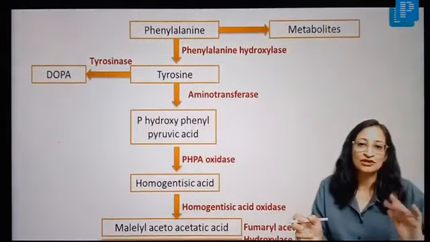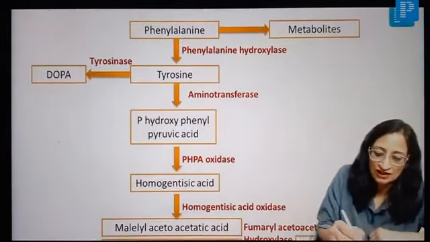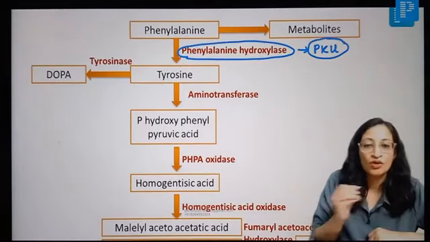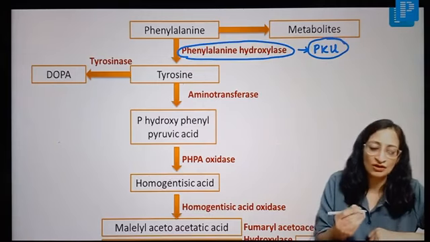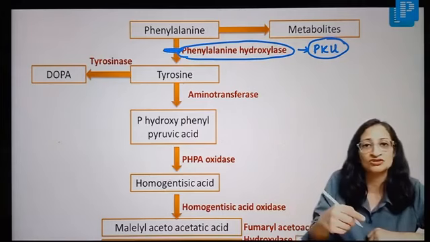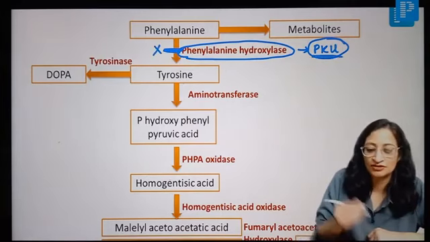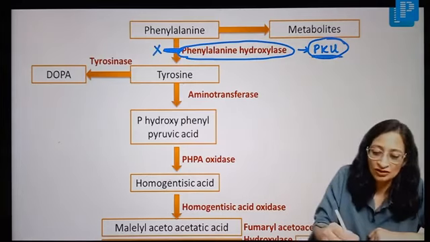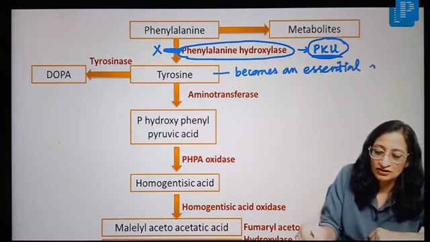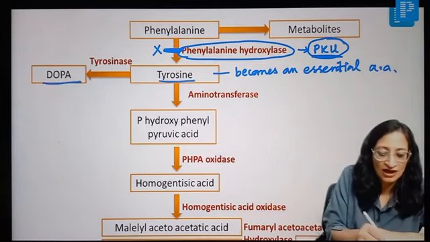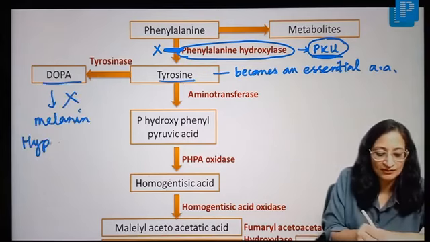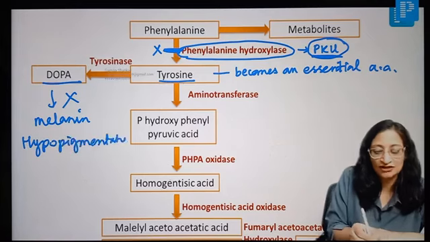So this is the phenylalanine metabolism pathway, just to give you a quick idea. So we already mentioned phenylalanine hydroxylase deficiency. What you get is phenylketonuria. So that is also a very important disorder. So what are the features that we need to know? In phenylketonuria, this enzyme is deficient. So normally phenylalanine gets converted to tyrosine in our body. But in phenylketonuria, this conversion cannot happen. So tyrosine becomes an essential amino acid. What else? Normally, from this tyrosine, the dopa and the melanin is formed. But in phenylketonuria, the melanin also cannot get formed. So there will be hypopigmentation, blue iris, blonde hair in phenylketonuria.